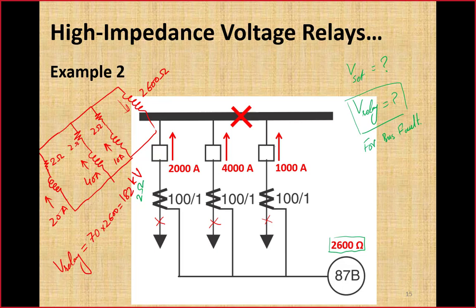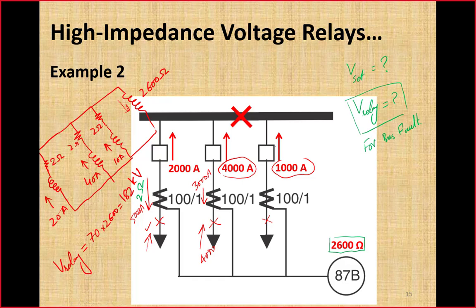So the situation where the voltage across relay is maximum, that is known as the maximum external closing fault. So what is meant by the maximum external closing fault? For example, if we assume fault is over here, then the 2000 ampere will be contributed from this line directly to the fault, and then 4000, this one, plus 1000, 5000 is being contributed through the primary of this CT. CT will carry 5000 ampere current. If we assume a fault current here in the second circuit, then the contribution from this side will be 4000, and contribution of fault current from the bus side will become 3000 ampere.